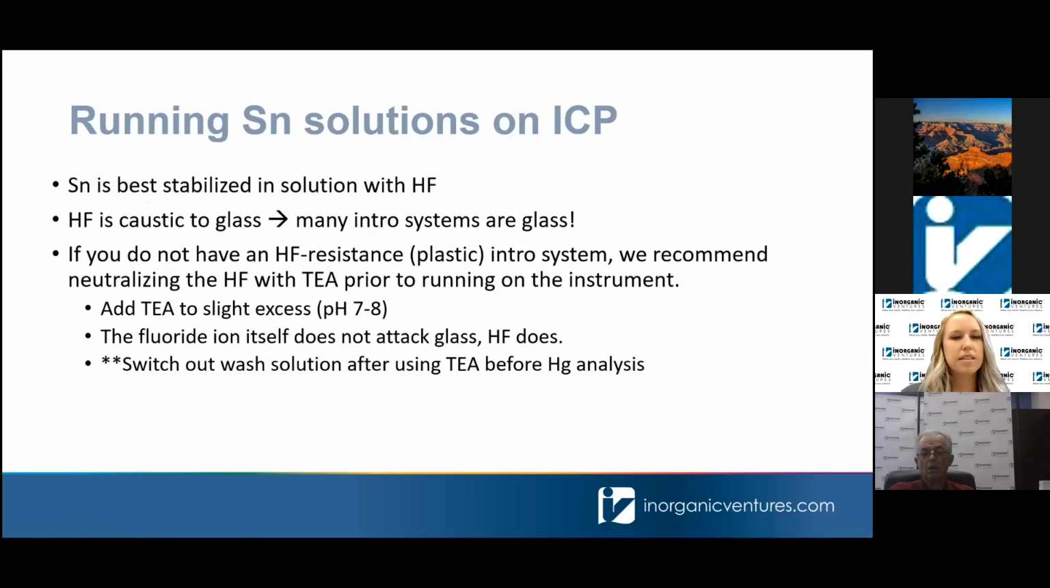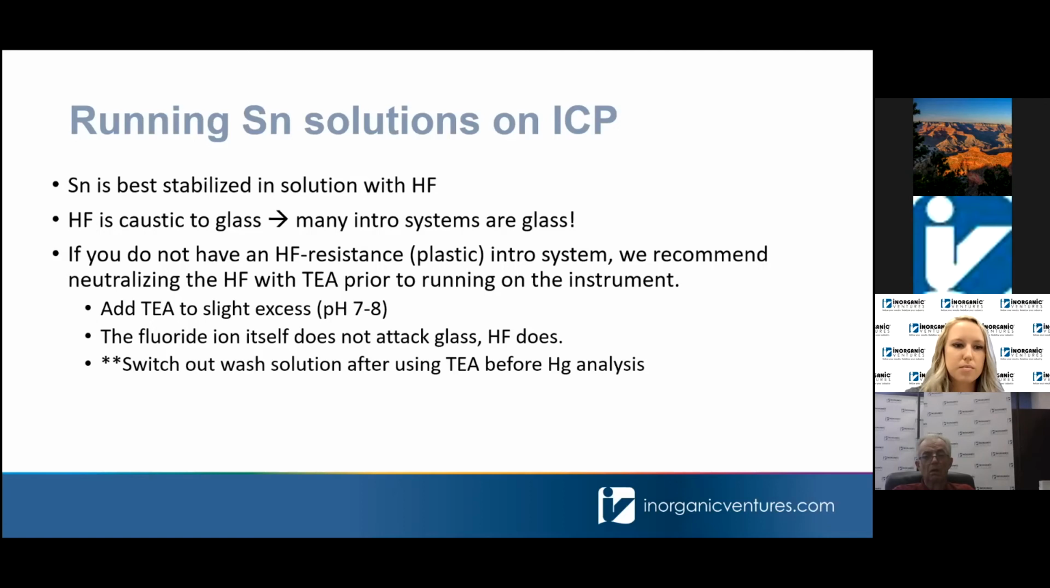Again, tin is going to be best stabilized in hydrofluoric acid, but the HF is going to be caustic to the glass components of your intro system. So one recommendation that we have for folks who only have a glass system is that you can neutralize the HF in the solution with triethanolamine prior to running the samples on your instrument. You just want to add T to a slight excess of about 7 or 8 pH, because that fluoride ion itself is not going to cause issues in your system. You can run those once you've neutralized the HF, because only the HF itself is going to cause issues for